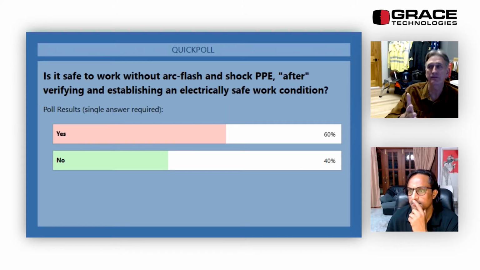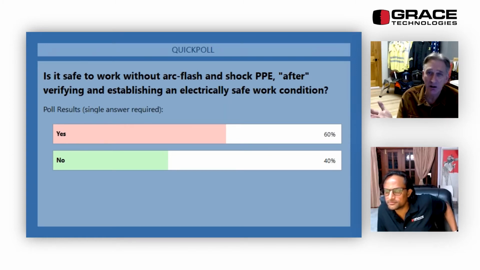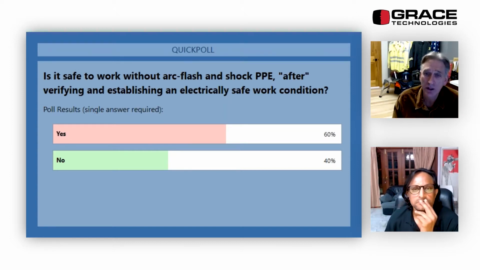There's no reason that you would have to keep your arc flash clothing on, your shock PPE. Okay, so what if you're wearing coveralls, and instead of taking them all off, maybe you've got a hard hat with a face shield and a balaclava, and you want to take that off? That's fine. Leave on what you want to, but make it comfortable where you can work easily at that point. And once it is in an electrically safe work condition, someone can walk into that where there is no arc flash boundary, there is no shock boundary at that point.